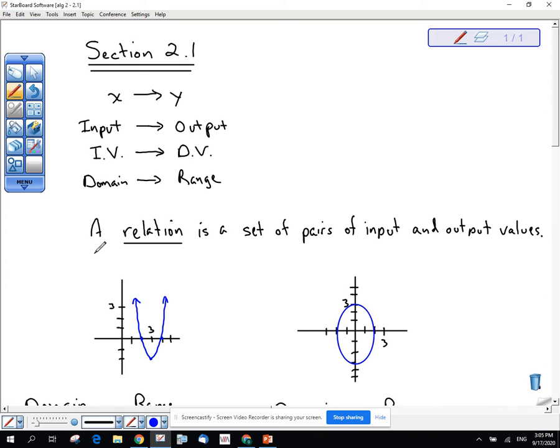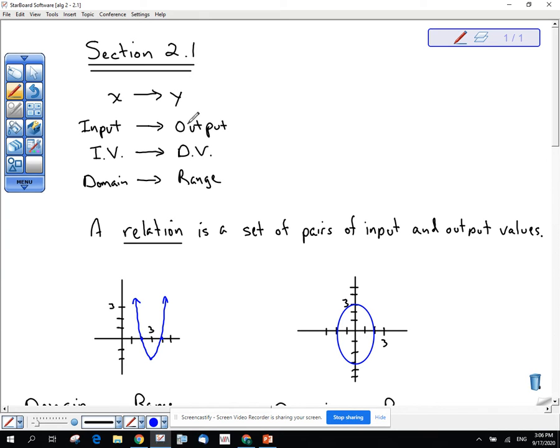You're probably most used to using the variables x and y, although that doesn't have to be the case. It's a good place to start since in Algebra 1, they use a lot of x and y. IV and DV stand for independent variable and dependent variable, and then there's domain and range. Okay, so you need to understand that all of these go together. The variable that we typically use, x, is typically an input. It's typically the independent variable, and then domain stands for all possible x's or all possible inputs, whereas y is